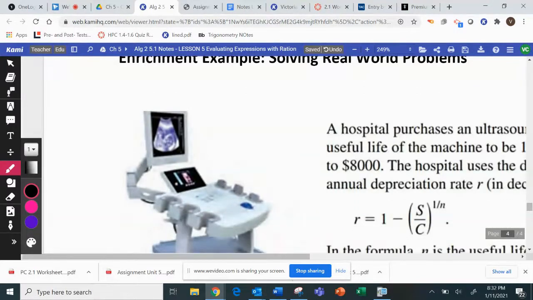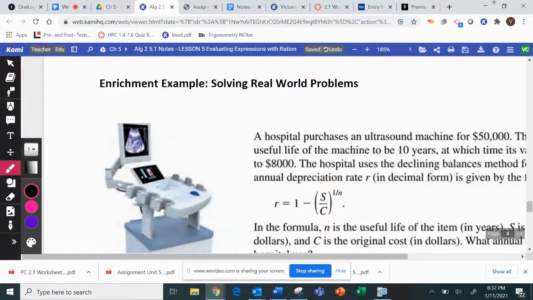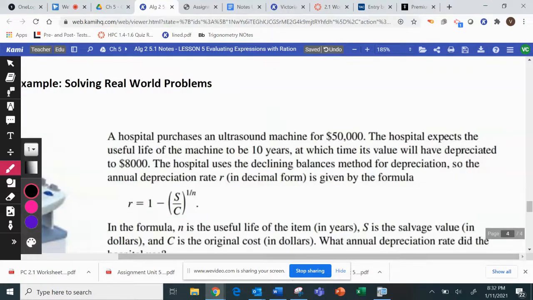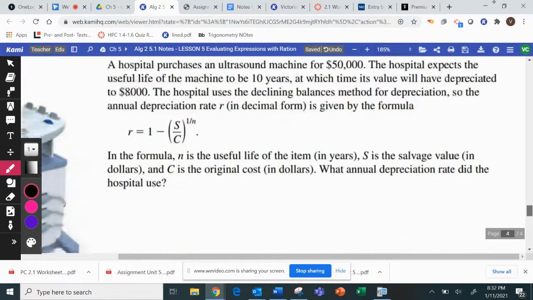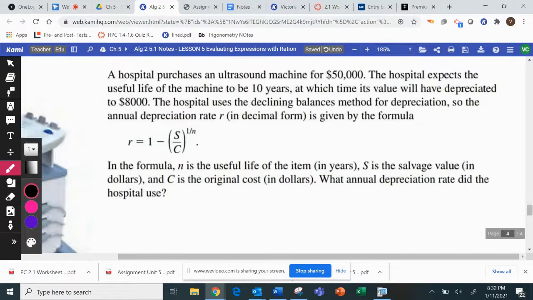Okay, here's an enrichment example. We're getting close to the time where we're picking classes for next year, and enrichment would be for those of you that are interested in getting through that college prep pre-calc course for next year. So a hospital purchases an ultrasound machine for $50,000. The hospital expects the usual life of the machine to be 10 years, at which time its value will have